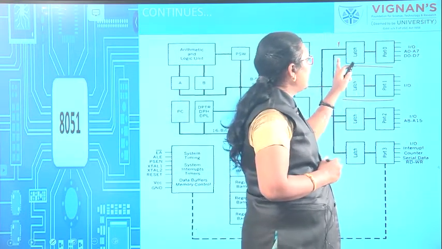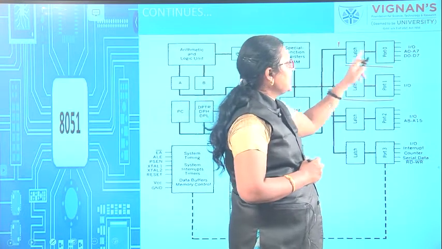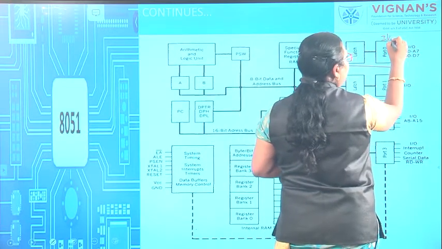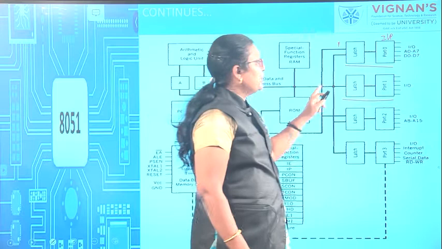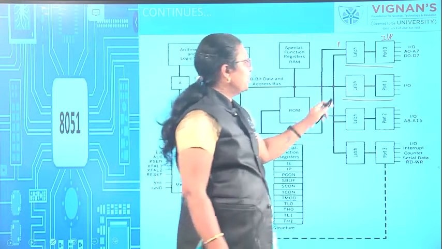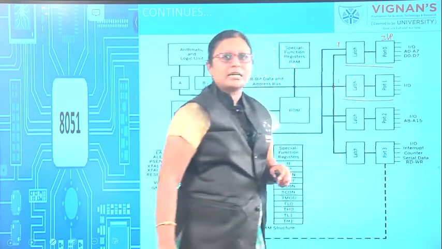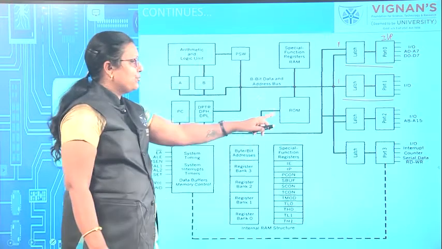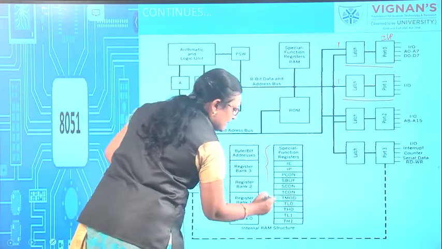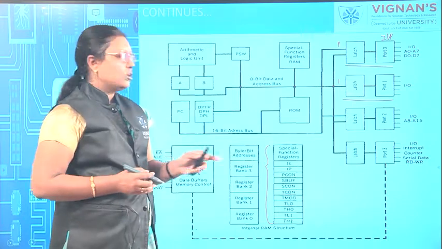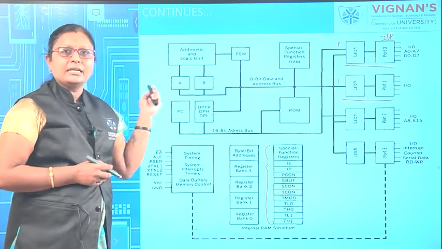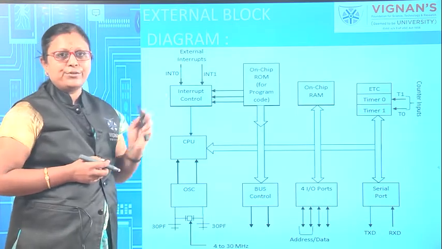For example, if you write 1 to the latch which is connected to port 0, then it shows that port 0 is going to act in input mode. Okay. So if you want any of these ports to act in input mode, then you have to write 1 to the corresponding latch. This is the process of the latch connection, and these are all special function registers, and we will discuss all of them in detail one by one in the upcoming sessions. So this is the internal block diagram of your 8051 microcontroller.